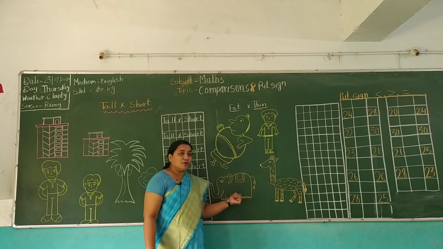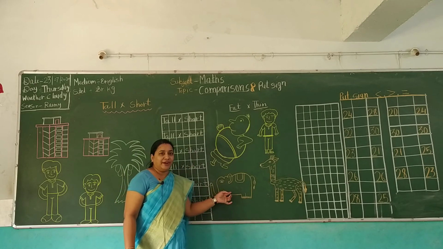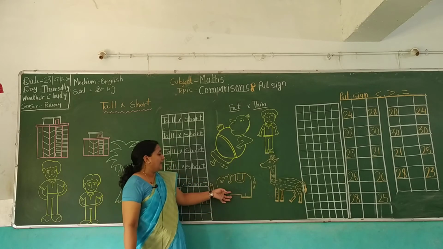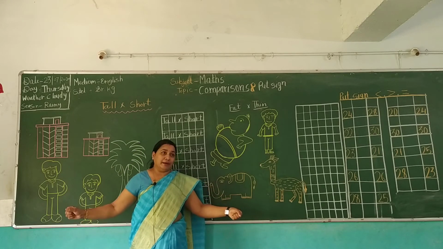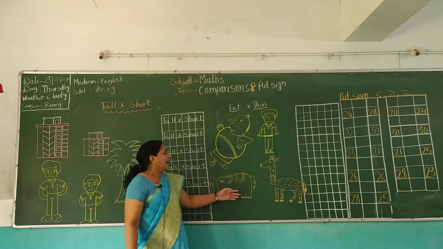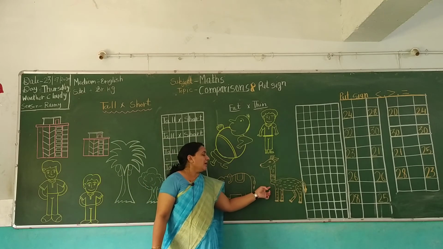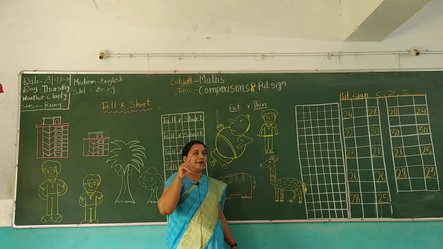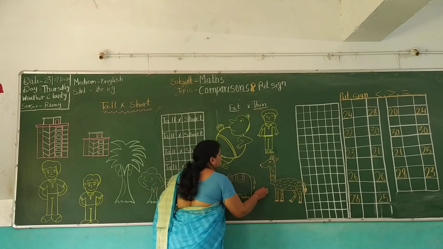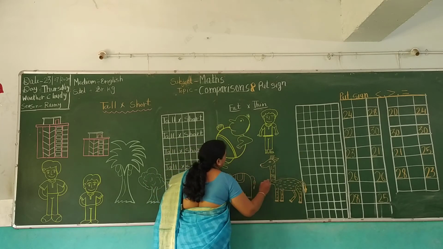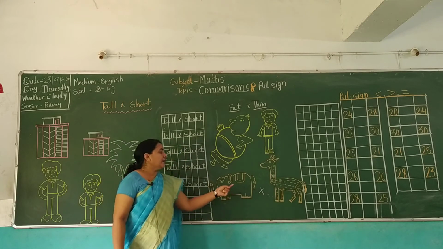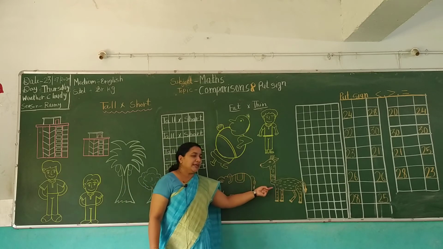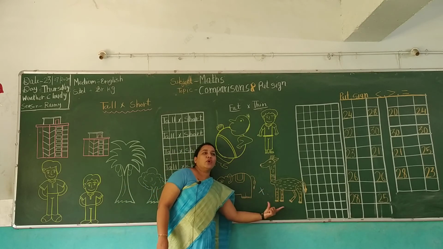Then again one object is also there. Elephant. Elephant is also so fat. You know, elephant is so fat animal, and then it's opposite for giraffe. Giraffe is long and thin. So that's why we compare elephant with giraffe. Which one is fat? Elephant is fat. And who is thin? Giraffe is thin. That means two animals we compare.